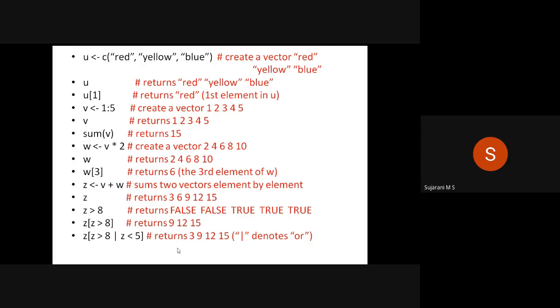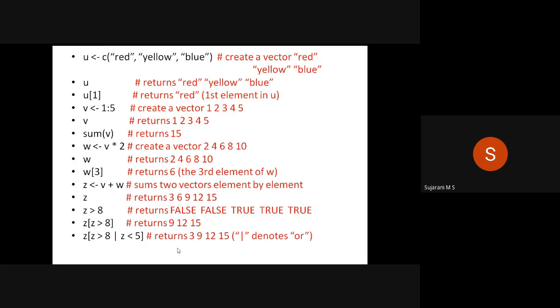Okay, first I declared a variable u and assigned it a value: u is equal to c of red, yellow, blue. It creates a vector of the same type, that is string values red, yellow, blue. Next, just typing u only brings the values red, yellow, blue. We don't need to use a print statement, just type the variable u and we get the values.